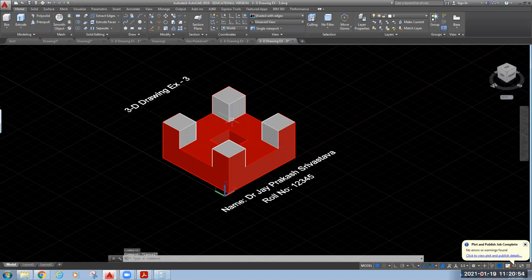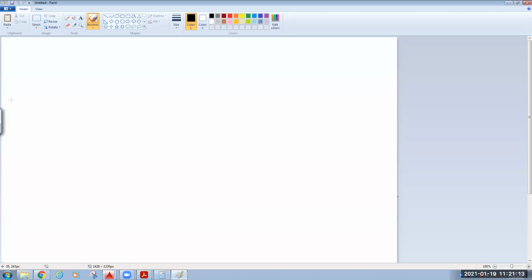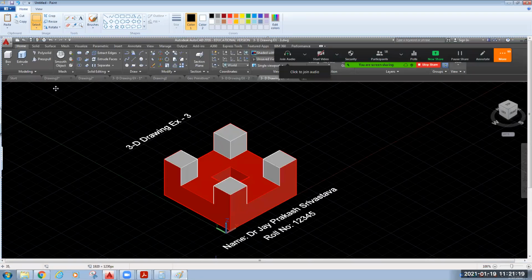There will be one button on your keyboard, print screen. You can find the print screen button on your keyboard. You can press that, then open the Paint file, and after opening the Paint file you can paste it here, Control V. So here you will get exactly what,